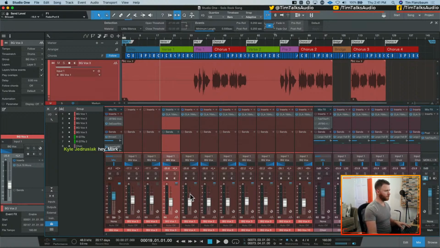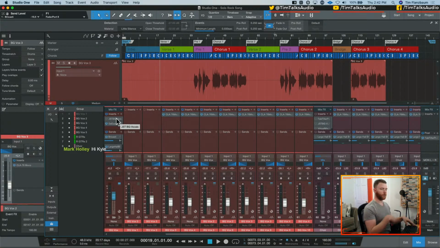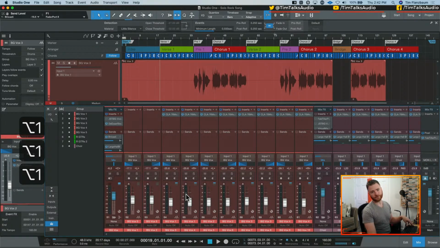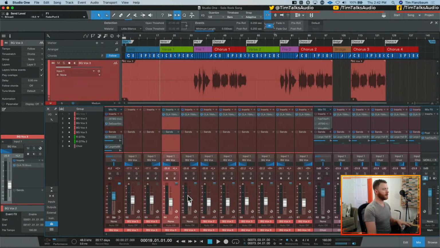if I have these two tracks, and I'm just going to turn this group off real quick, one way to do it is by hitting the button here if you have group assignments open. Another one is using Option on a Mac or Alt on a PC plus the group number. So the number is going to be dependent on what group you're trying to do. In this case, it's group 1. If I hold Option on a Mac, Alt on a PC, and I hit 1, it turns the group on and off. Okay? So I'm going to turn off group 1,